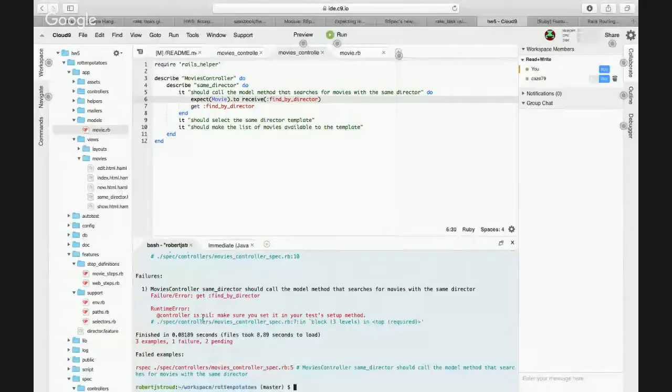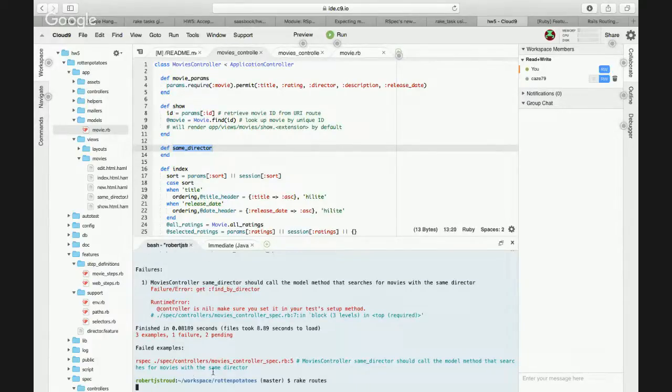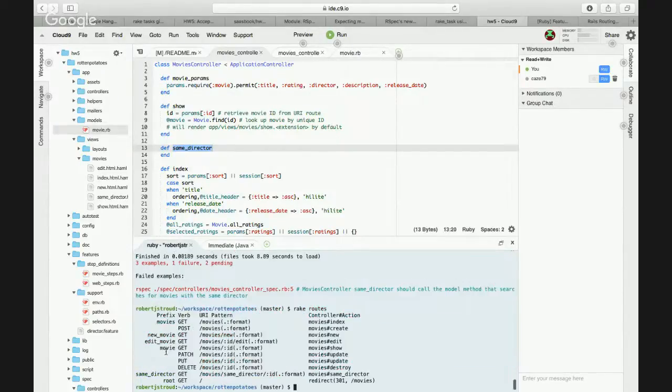So it says get find by director controller is nil. I have a feeling that it's, is it called? I don't think it's right. We need to find the routes and see what we define the method as. So this is Robert now. Where's the routes thing? It's in config, isn't it? Oh, maybe actually I'm just going to do rake routes again. Oh, it's called same director. Yeah, so it's called same director. So if we go here,